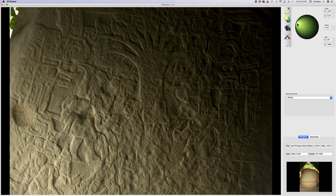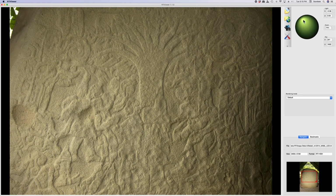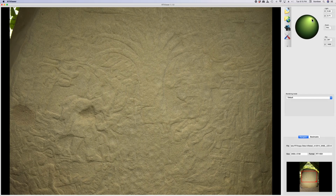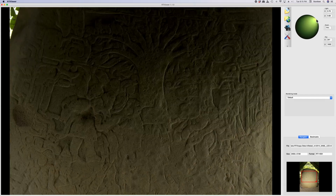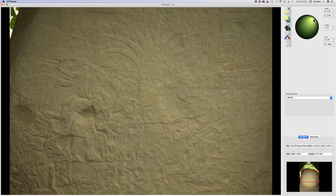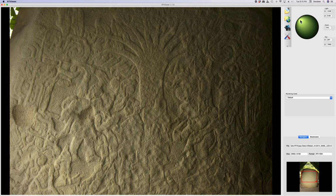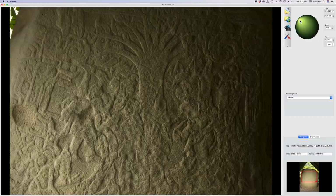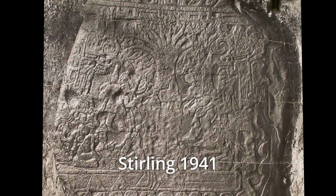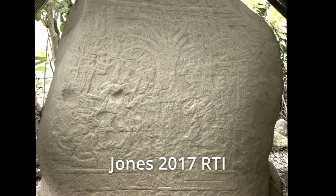And we have documented in numerous places details that they assert are on that stone, with neighboring marks of the same depth and same surface normal that they disregarded, that they cannot ignore if they're going to maintain the features that they've asserted. The 1941 Matthew Stirling Smithsonian Institution photo, when compared with the texture map,